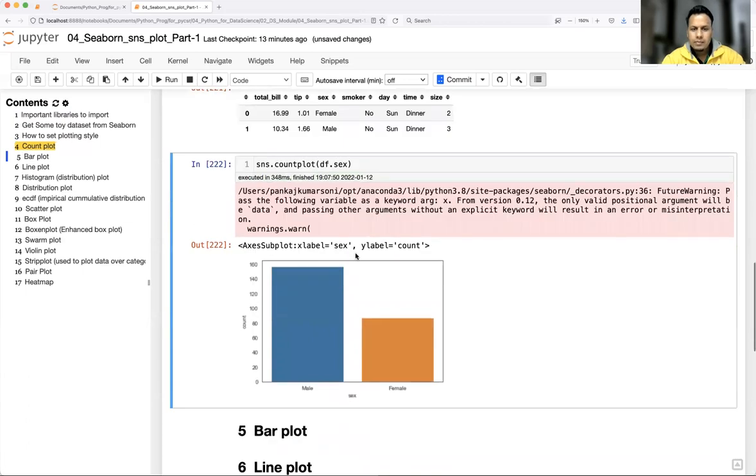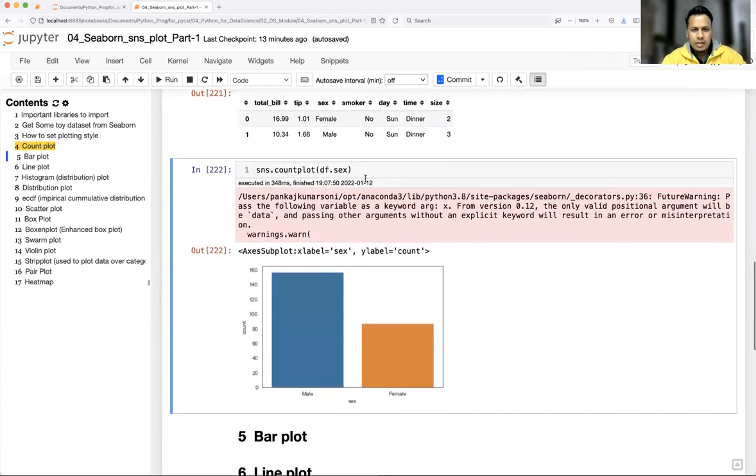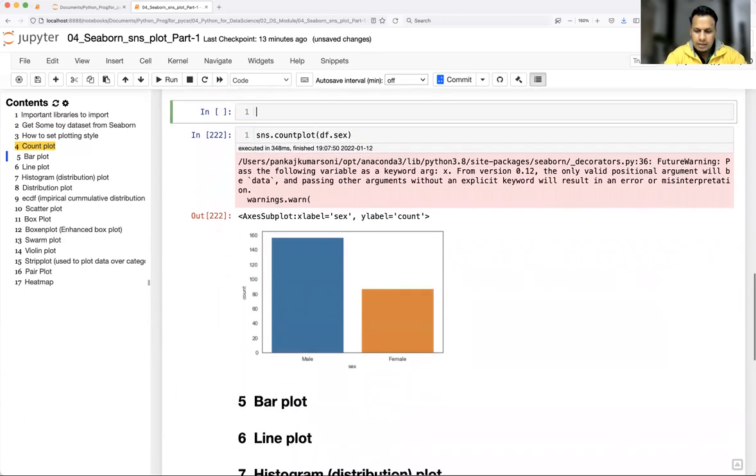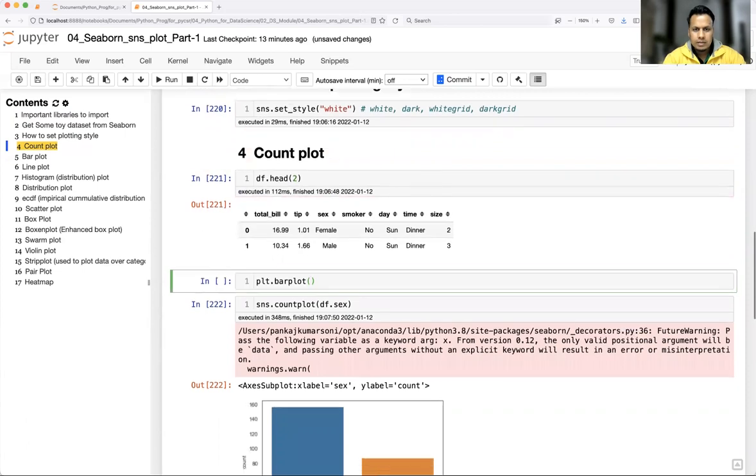You see here it is by default plotting male, female, and it has automatically given X title and Y title also. I think I have not shown this in Matplotlib, but this is very important and very easily you can do that. So maybe what I'll do, I'll just show one example here. plt dot plot, bar plot, and here we have df dot